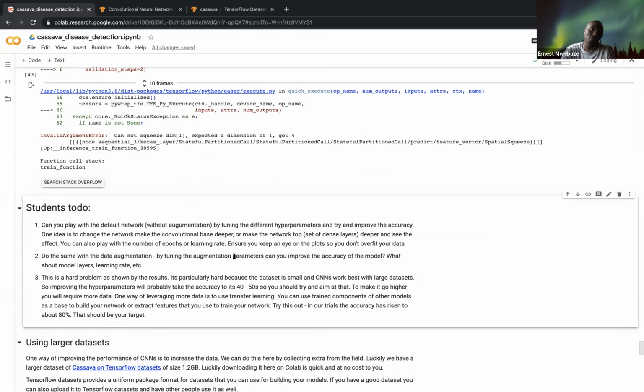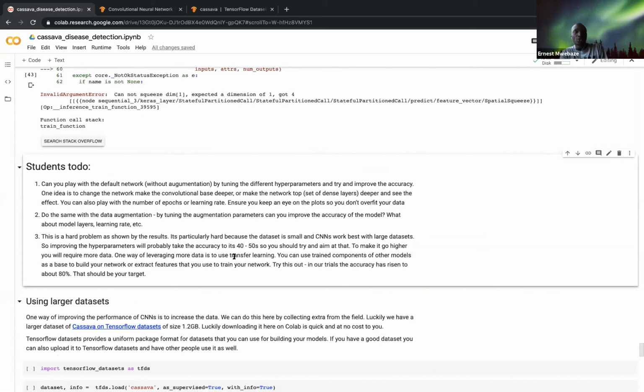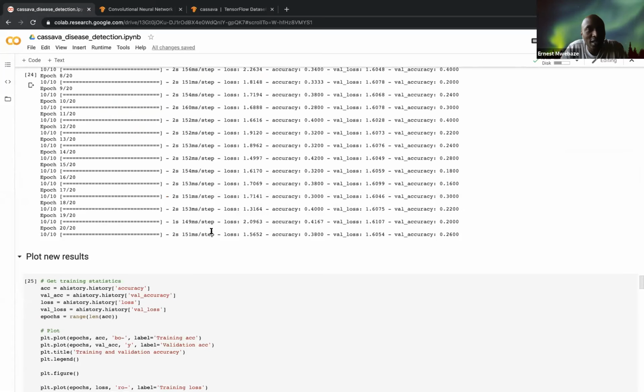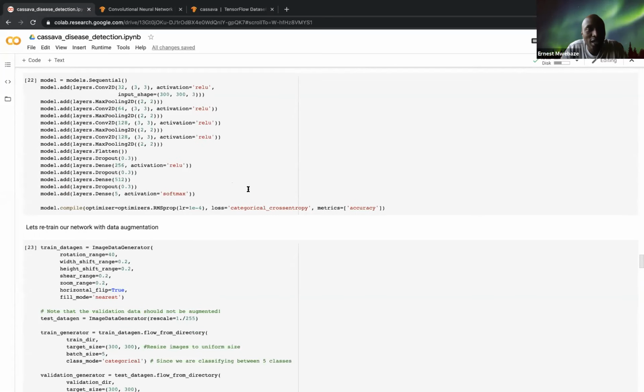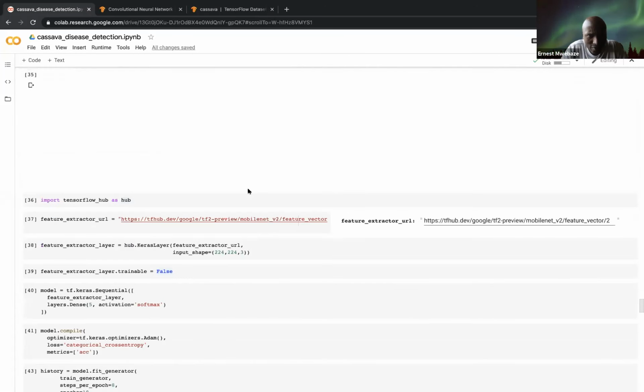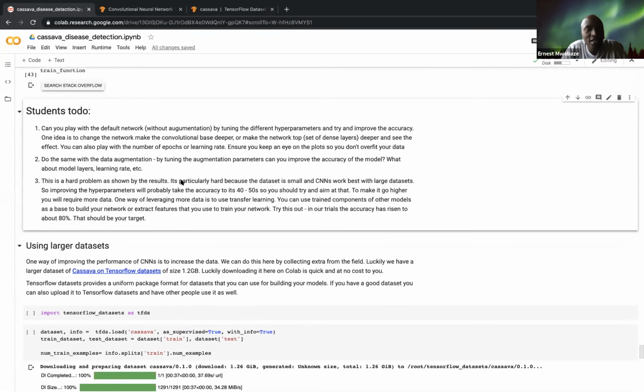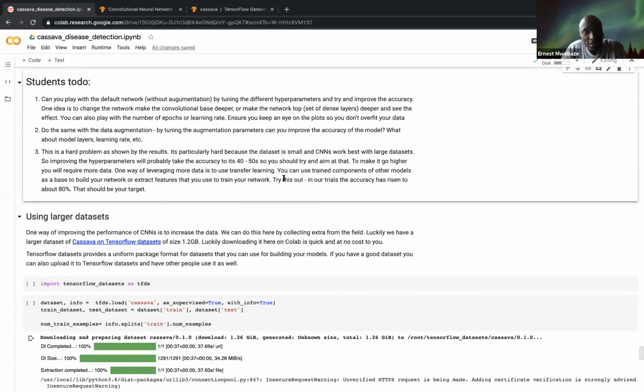So for the last 20 minutes, your goal will be to do this. Try these augmentations, try different epochs, try tweaking different parameters. You could try different models, different architectures on your own. You could come up with different architectures. Some of these are just hand drawn architectures with not much basis. You can try different things and try and improve the accuracy